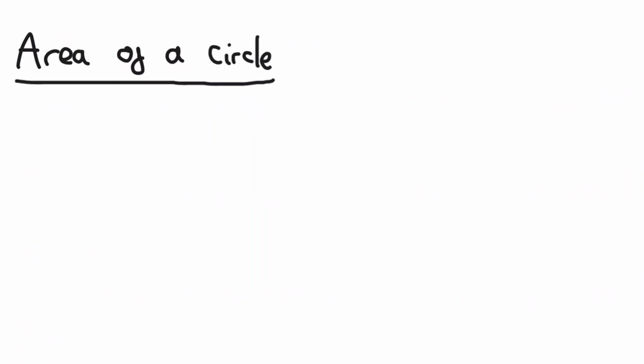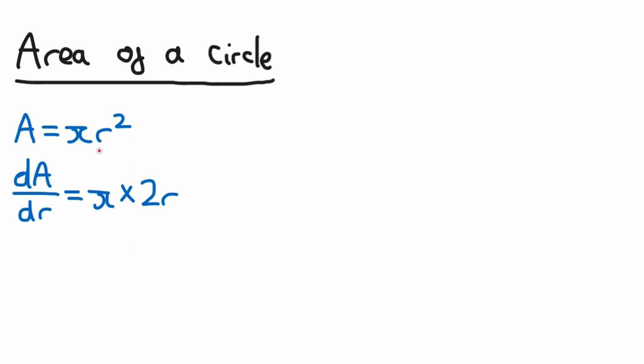I just want to make one other note on something that comes up a lot. Let's say that the question is on the area of a circle. From this information alone, we can make a differential equation because we know that the equation for the area of a circle is pi r squared. A is equal to pi r squared, and we can differentiate this here in order to make a differential equation, dA over dr. So we can differentiate in terms of r. So if we differentiate this here, this pi coefficient is going to come down like this, and if we differentiate r squared, it's going to be 2r. So dA over dr is equal to 2 pi r,